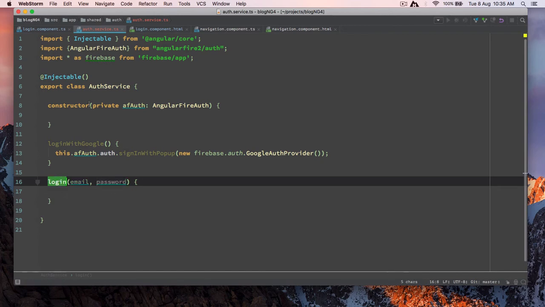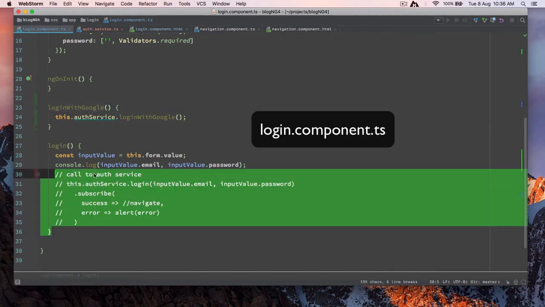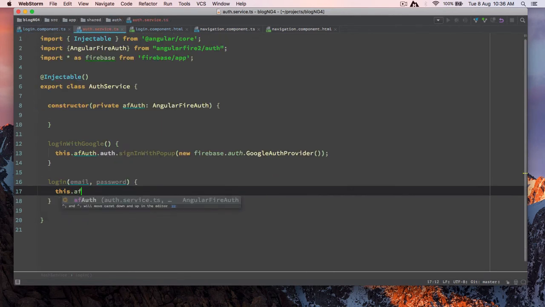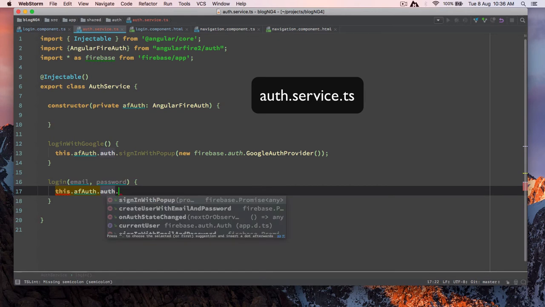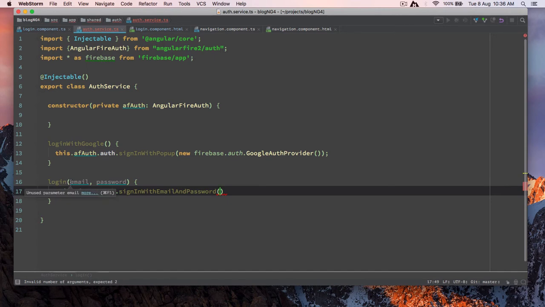As you can see, the same function we are going to utilize inside our login component, which is over here. And as you can see, authService.login, we are inserting the input. We are going to call the AngularFireAuth service.auth. And instead of calling sign in with popup, we are going to call it sign in with email and password, which accepts email and password. This AngularFireAuth sign in with email and password returns us a promise,